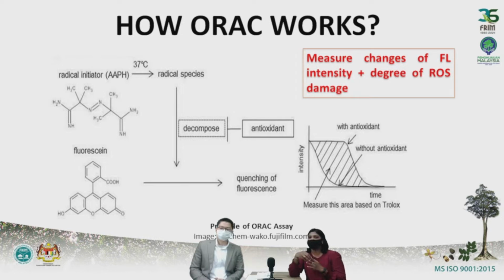So that's all about the ORAC principle, Joko. Okay, to simplify it for those of you who maybe have never heard of ORAC before, if we have a sample that has a high antioxidant capacity, then you will see that the fluorescent signal goes down later, so it will last longer. If the sample has a lower antioxidant capacity, then the signal goes down faster. Yes, so this difference is what we are measuring. Yes, exactly. And we are using Trolox as an antioxidant standard.